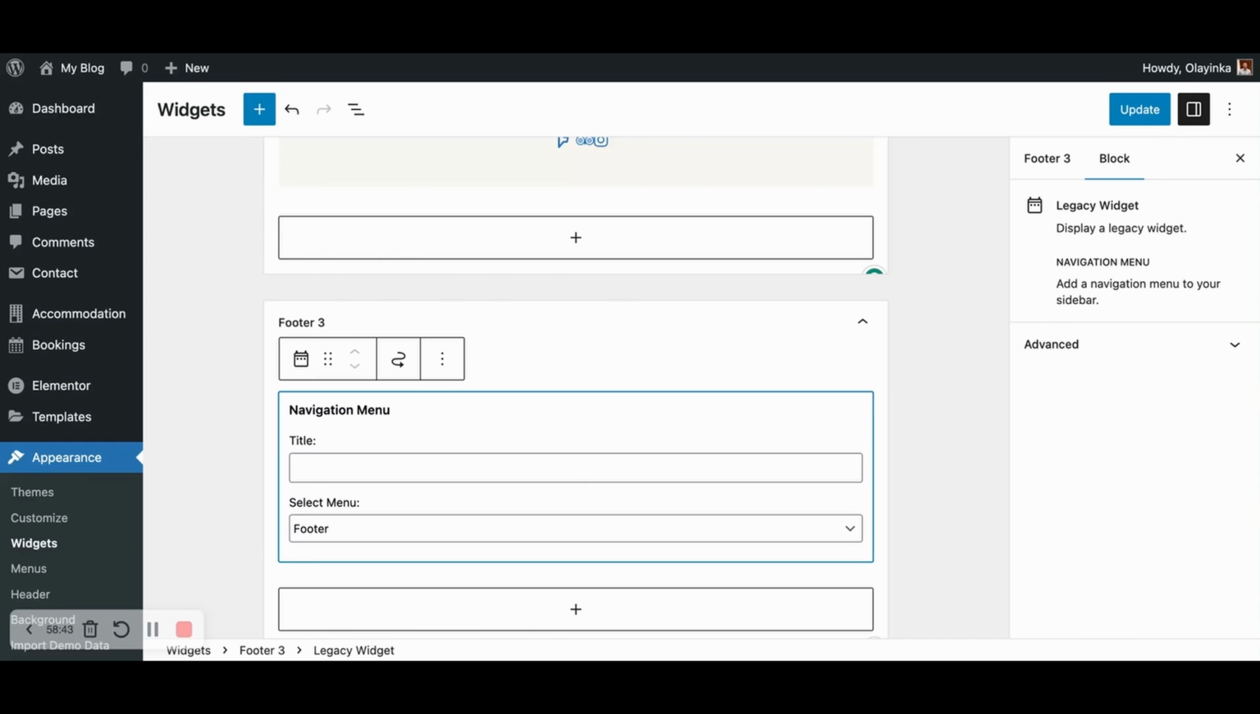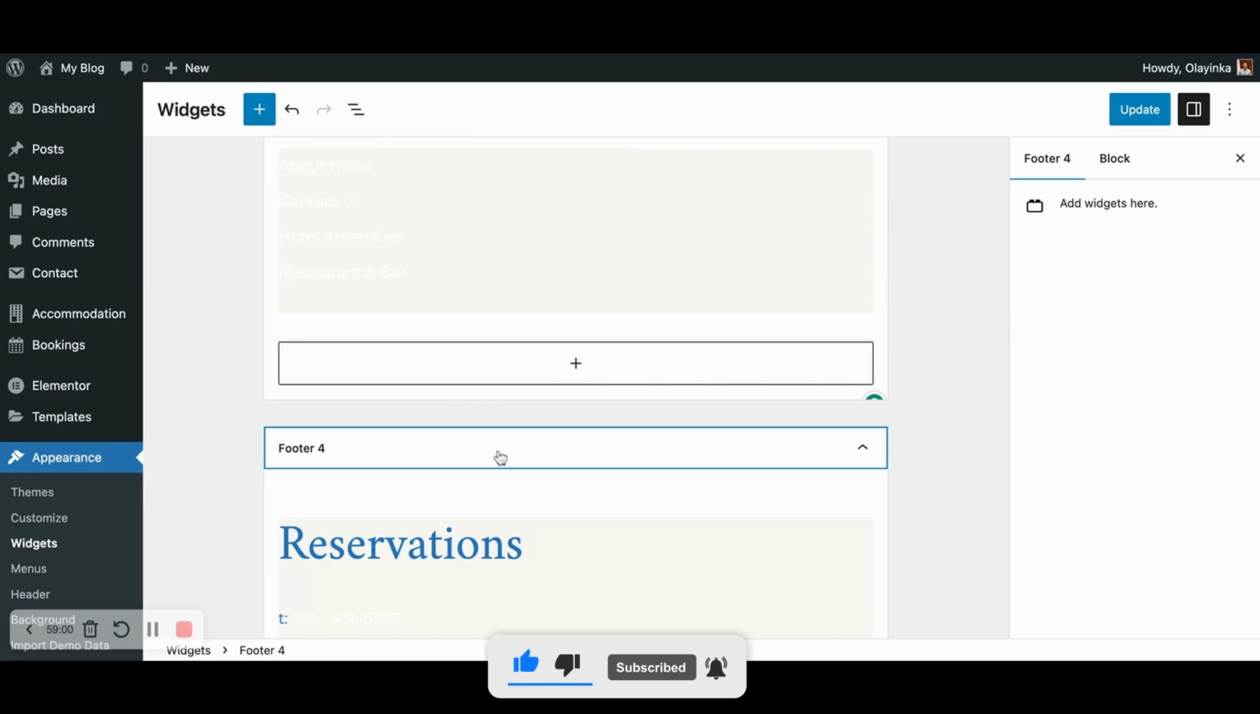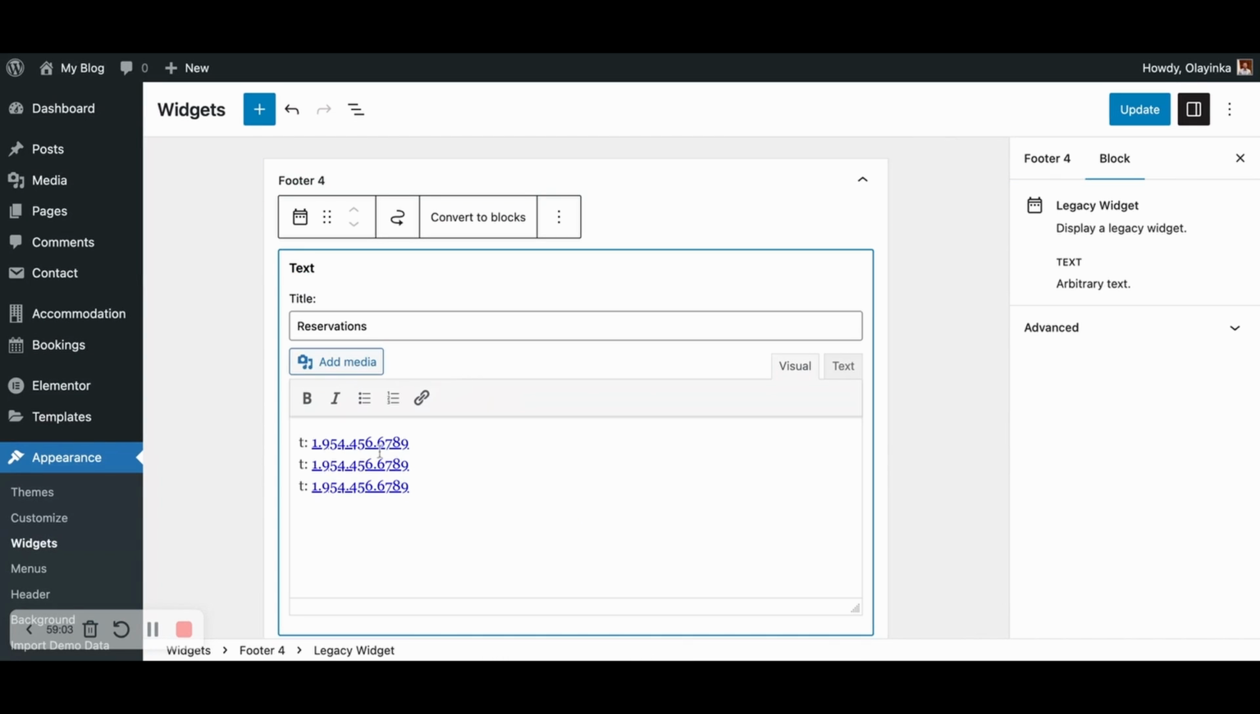Then the second footer has the menu item. So in the footer, under menu, what we initially selected was the footer, then we saw some elements on there. So that's where we decide which item would be in the footer. Whatever we specify to be on that footer, and we save, those are the things that will show here. And then same thing for the last item, which is reservation number. So you just click on reservation, and then you change the numbers, and then you click on update, and that's